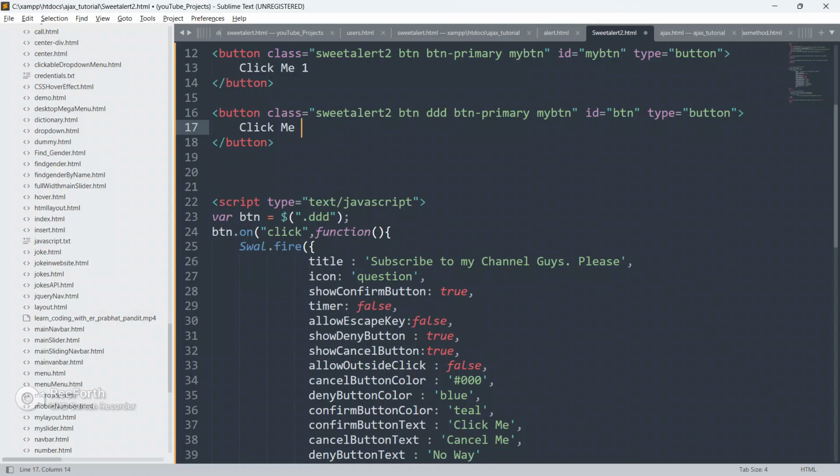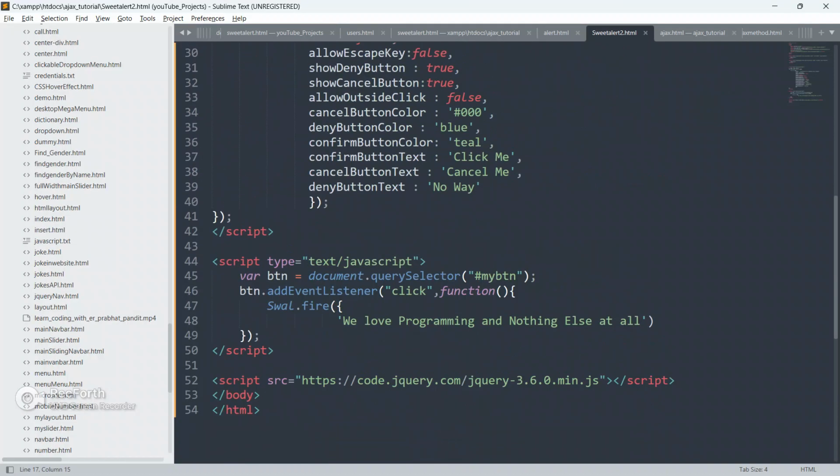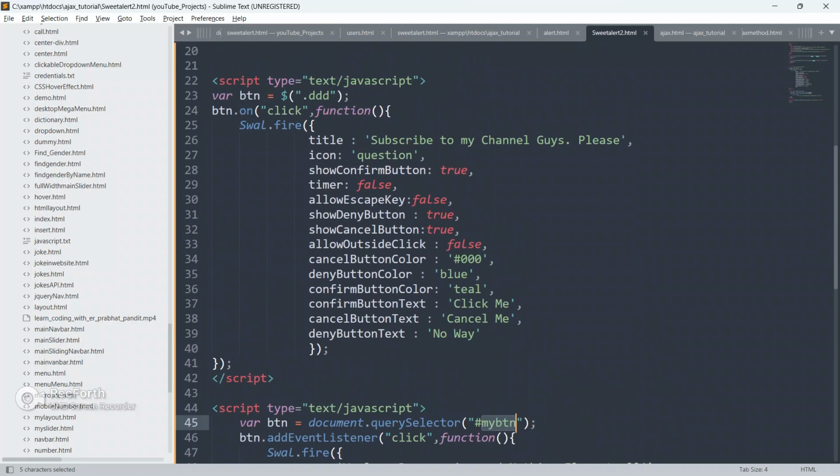See, now give first and give second also. Okay, save your code, go to the browser and refresh your page. See, when we click on this first button, guys, it is going to, okay, I have commented this.